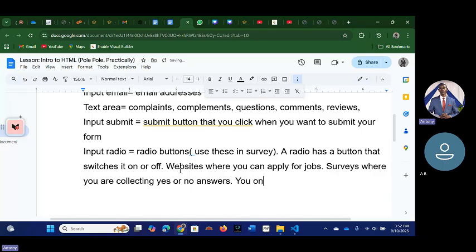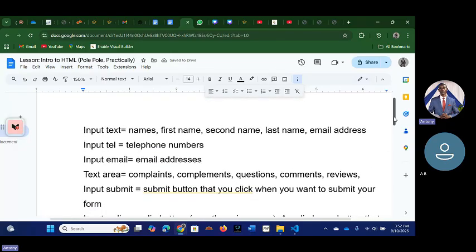Here you only give somebody one choice. For instance, you can either come from Kiambu or Nairobi, but you cannot come from both. I believe you understand what I mean by all this text that I've just written here.